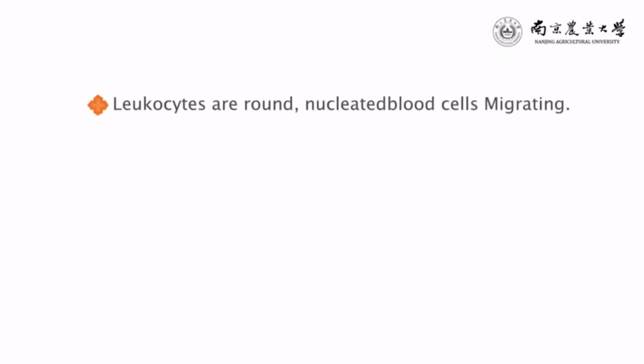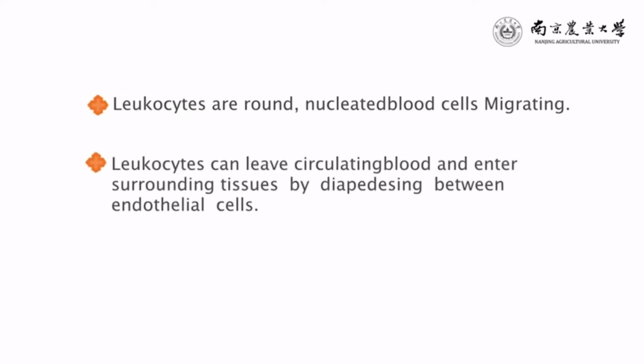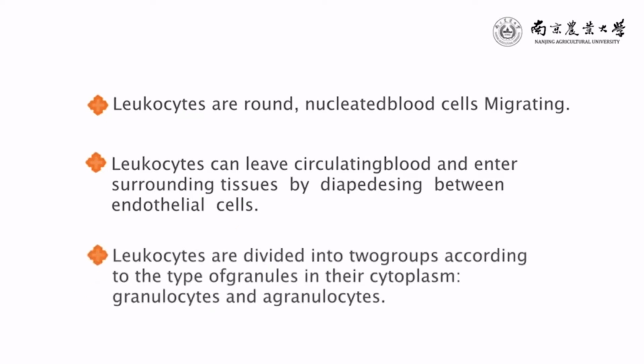Leukocytes are round, nucleated blood cells. Leukocytes can leave circulating blood and enter surrounding tissues by migrating between endothelial cells. Leukocytes are divided into two groups according to the type of granules inside the cytoplasm,